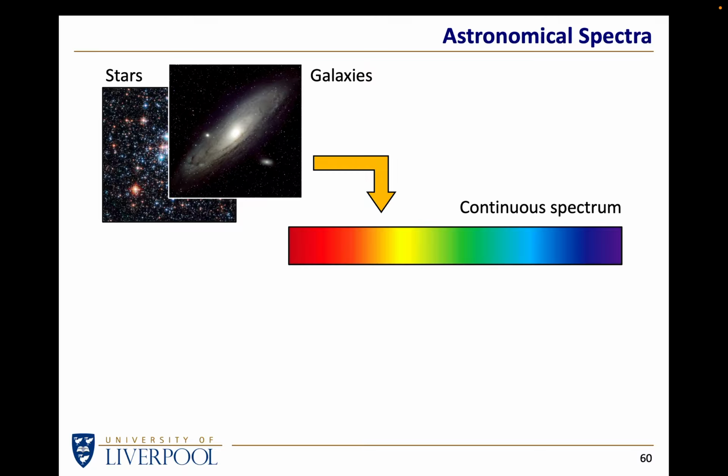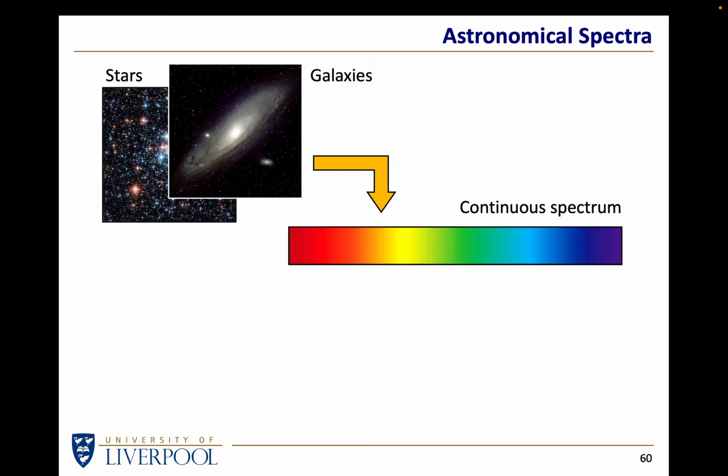If we were to look at the spectrum, we would find it's a continuous range of colors. I'm not trying to imply here that when you look at a galaxy, you would necessarily see this spectrum. Some stars, of course, will be brighter in the red than they are in the blue. Some stars will be brighter in the blue than they are in the red. The point is, all colors exist in the spectrum of either individual stars or certainly when we're collecting stars together